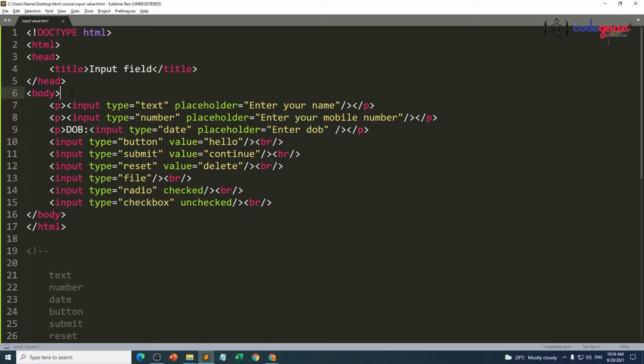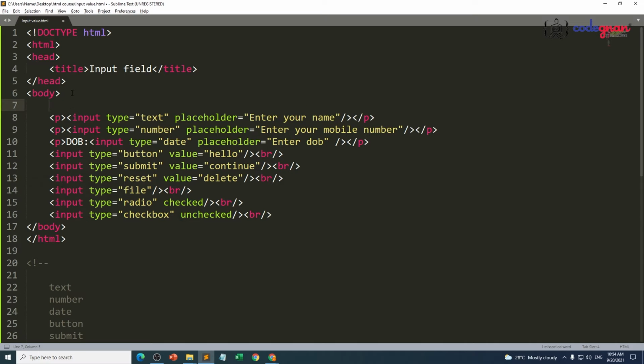What is a form? What's the use of having a form? Whenever we want to pass multiple input values from our web page to a server or to a database, we have to send each and every value. It is very difficult for us to send each and every value one by one using JavaScript functionalities. Because of that, we can make one root element, like our HTML.